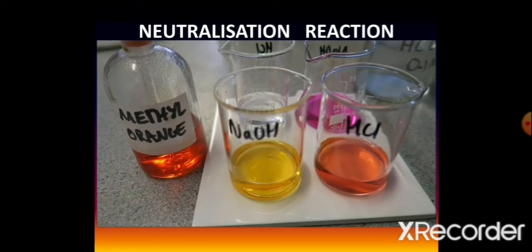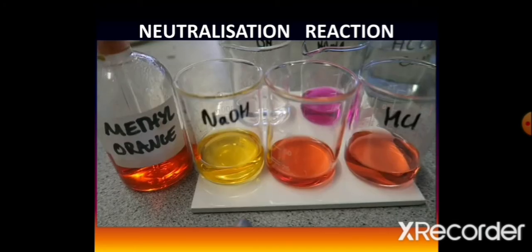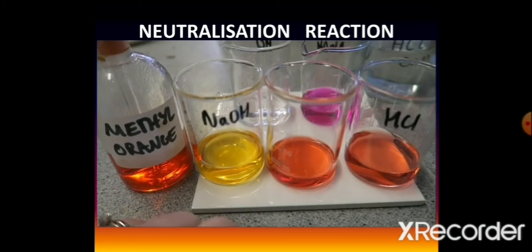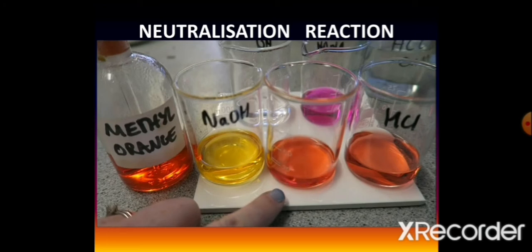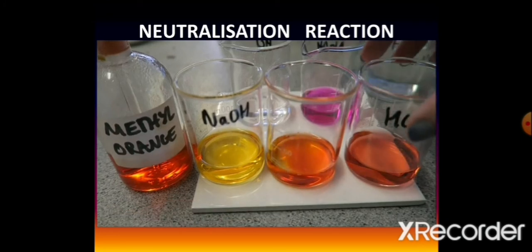Students, methyl orange shows orange color in neutral solution. Let's perform the neutralization activity in acid-base reaction. We'll take one more beaker of hydrochloric acid with methyl orange and will neutralize it by adding NaOH. Drop-wise we will add alkali, means NaOH, into the acid. Acid gives H plus ions and base gives OH minus ions. H plus and OH minus react with each other and form the neutral, means water.